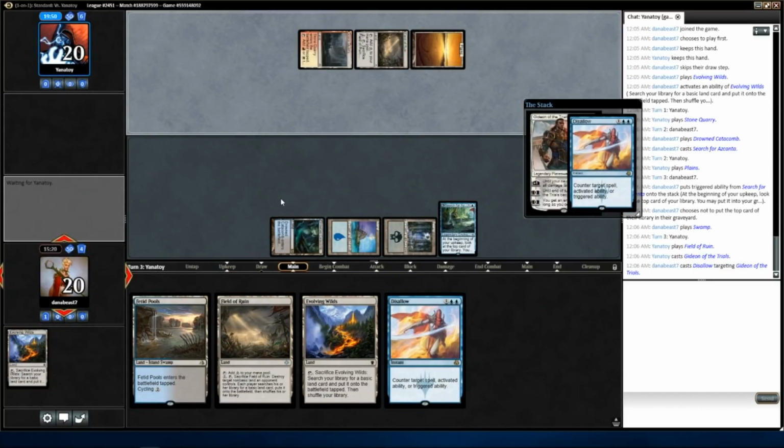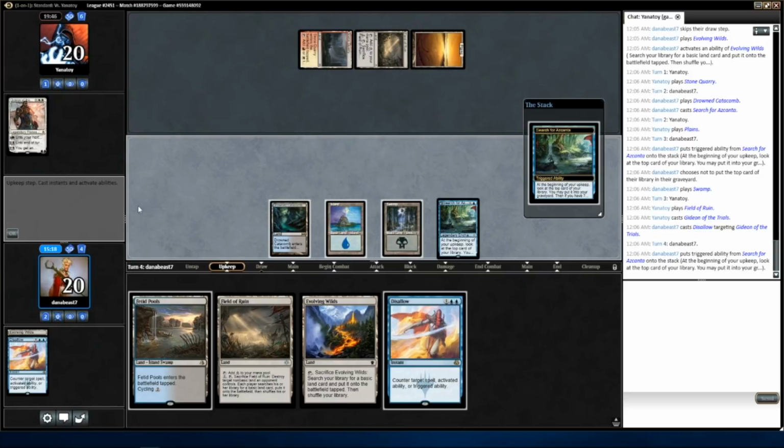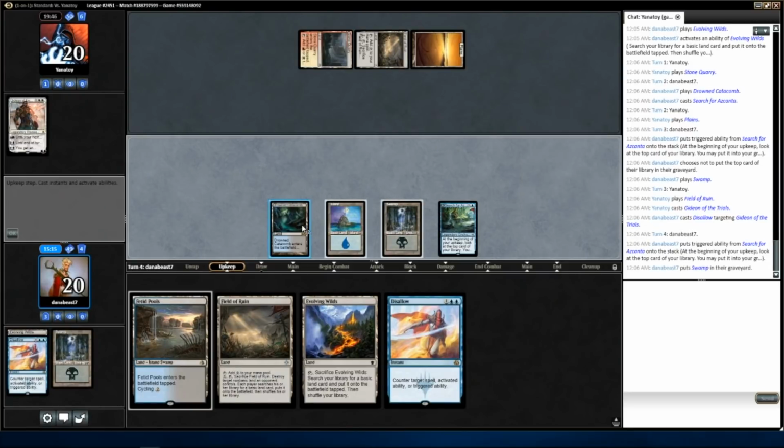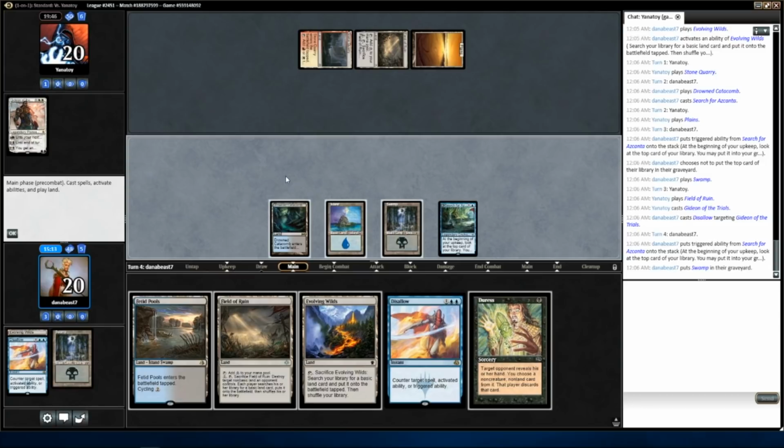I have a Disallow for a Cast Out too. Really want to just get my search online as fast as possible so he can't Cast Out me. So, yeah, I was going to say pretty much anything that's not a counterspell, I'm going to bottom. That's interesting. So if I Duress him right now,